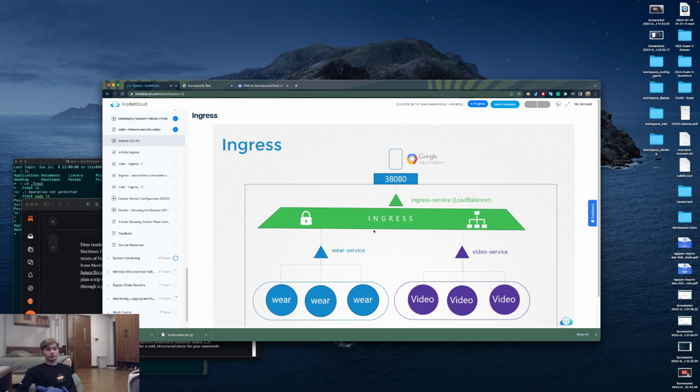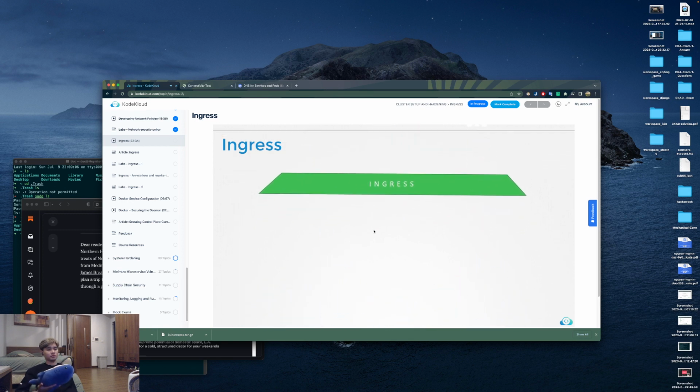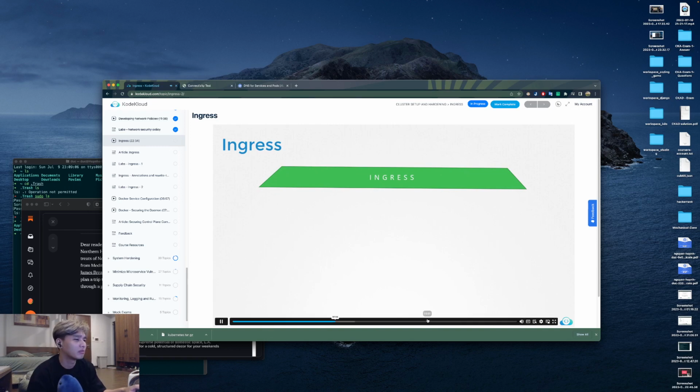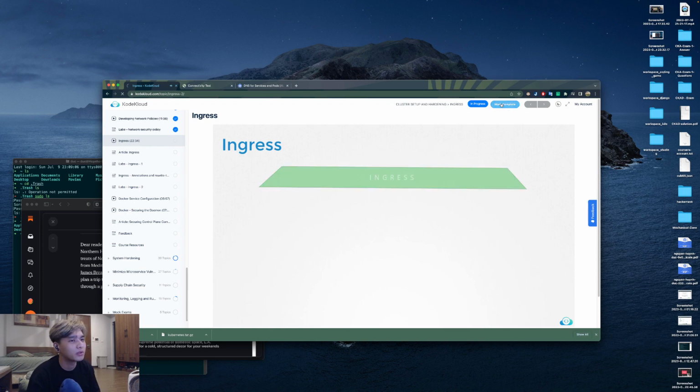So how does it work? What is it? Where is it? How can you see it? And how can you configure it? And how does it load balance? How does it implement SSL? Without Ingress, how would you do all of this? Well, I would use